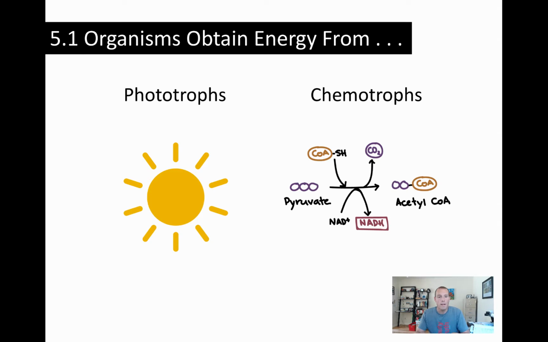We can then divide organisms on Earth, and cells for that matter, into two camps: phototrophs or chemotrophs. And that is their source of energy. And then we can also think about the source of carbon. So if we think about the source of carbon, you're either an autotroph or you're a heterotroph. And these words, phototroph, chemotroph, autotroph, and heterotroph, are often mixed up and used interchangeably, and we want to avoid that. So that's the thing we're really going to drill home here, is the appropriate use of this